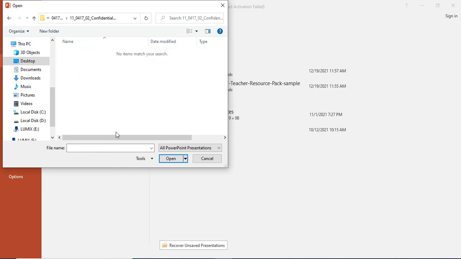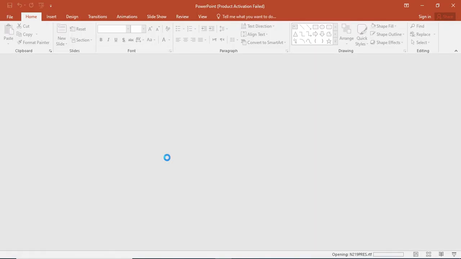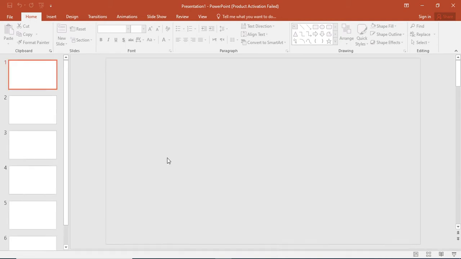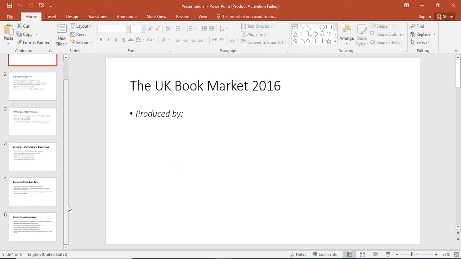Now you can see nothing is available since we don't have any PowerPoint presentation files in our source folder, because when we try to open through PowerPoint it will be customized as all PowerPoint presentations. So from here we have to choose all files so that all the files will be available, and choose N219 press, open. So now you can see that N219 press is opened, and in total we have 6 slides as mentioned